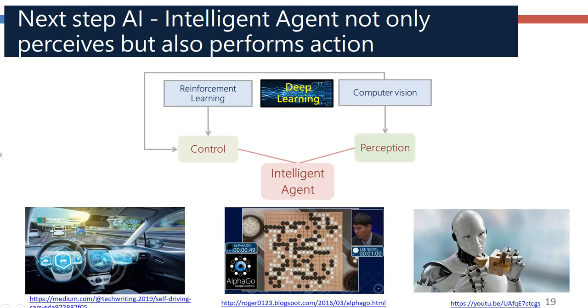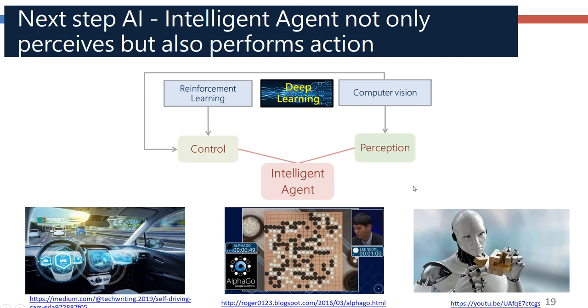Okay, so computer vision gives the AI perception ability, just like a human is able to see and to hear. But perception alone does not contain the power to perform an action. If the AI has only the perception capacity, it's just like a human with eyes and ears but without hands and legs. So it can only perceive, and when it finds some problem, it can only tell the human to